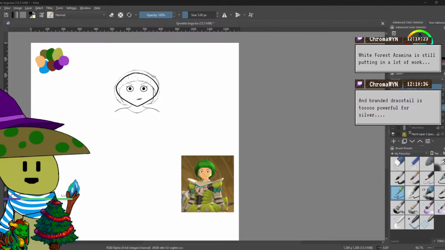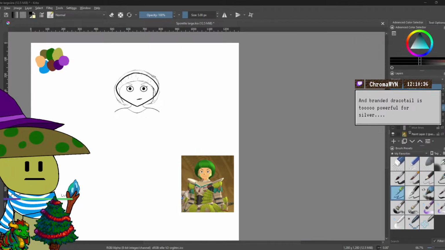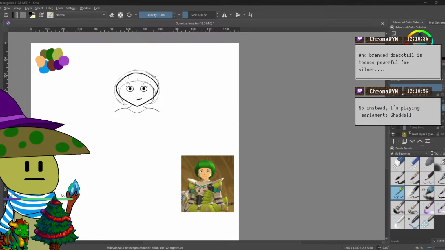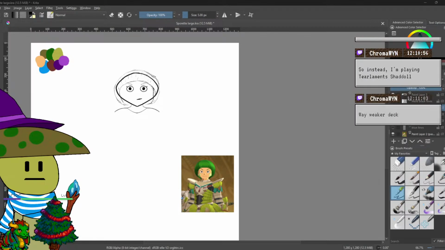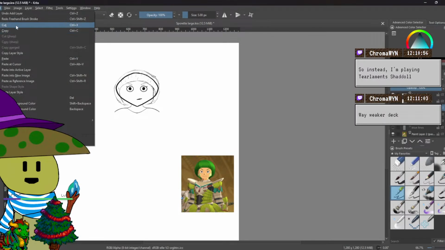Render Draco Tail is too powerful for silver. And White Forest Azamina is still putting in a lot of work. Going up. A way weaker deck, and one that is